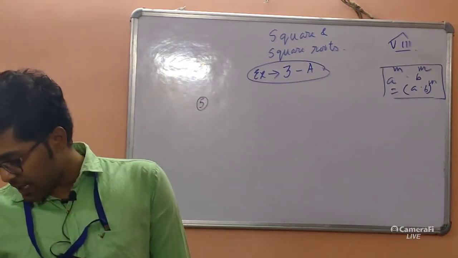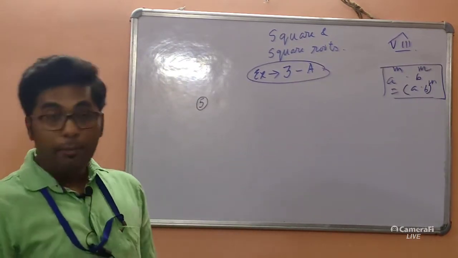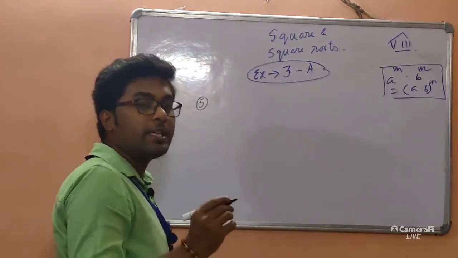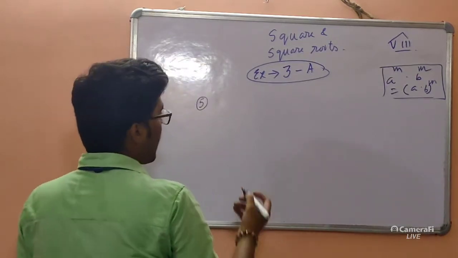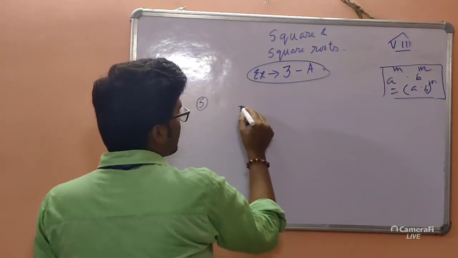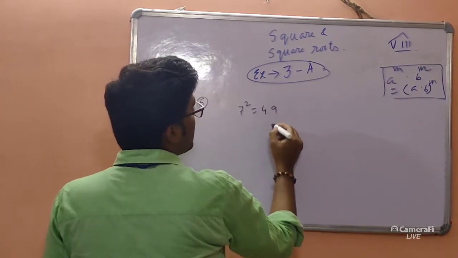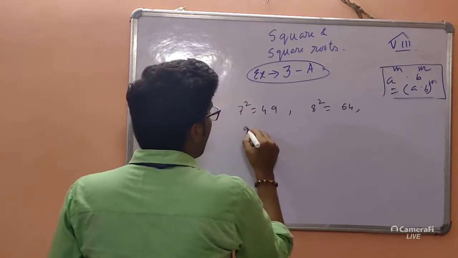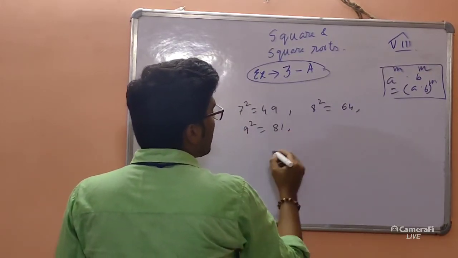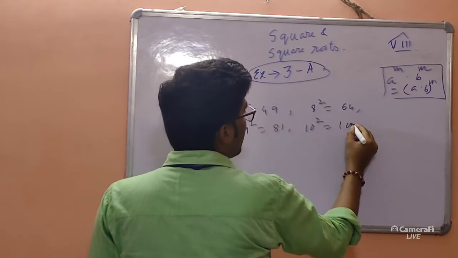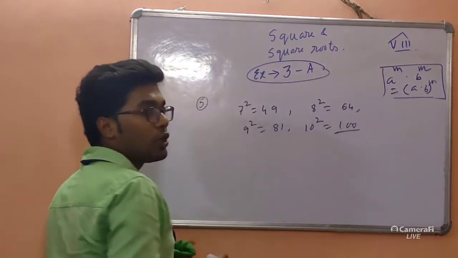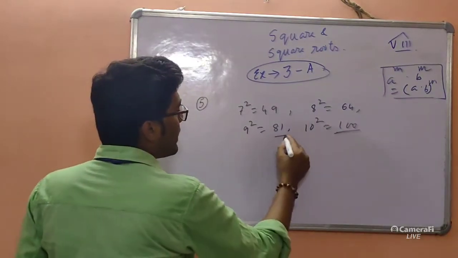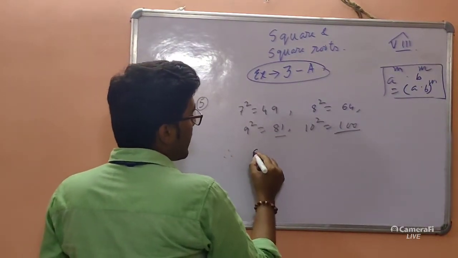Question number 5 says find the largest number of 2 digits which is a perfect square. So this one is very easy. We know 7 square becomes 49. Similarly, 8 square becomes 64, then 9 square becomes 81, but 10 square becomes 100. So this becomes a 3-digit number. So what is the highest 2-digit number which is a perfect square? We have 81. So we'll write therefore